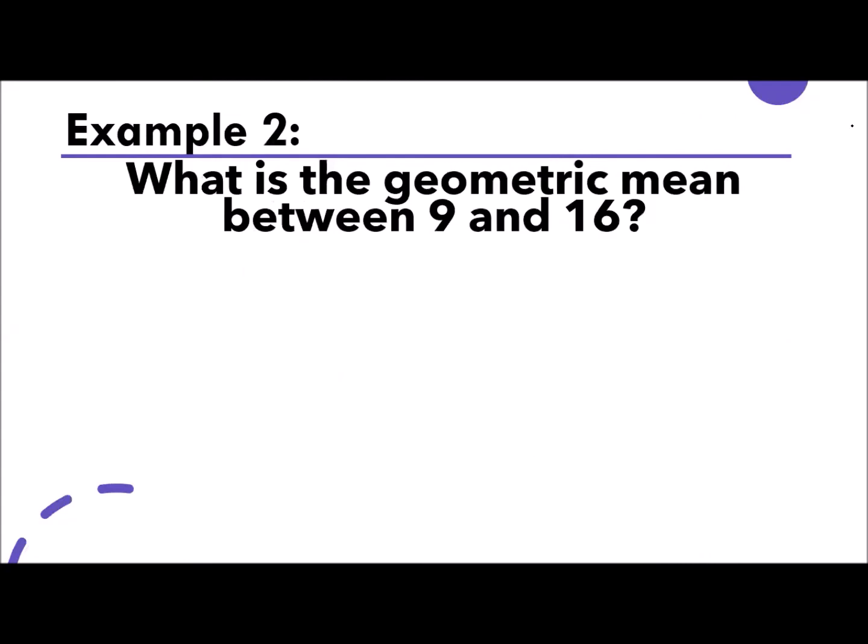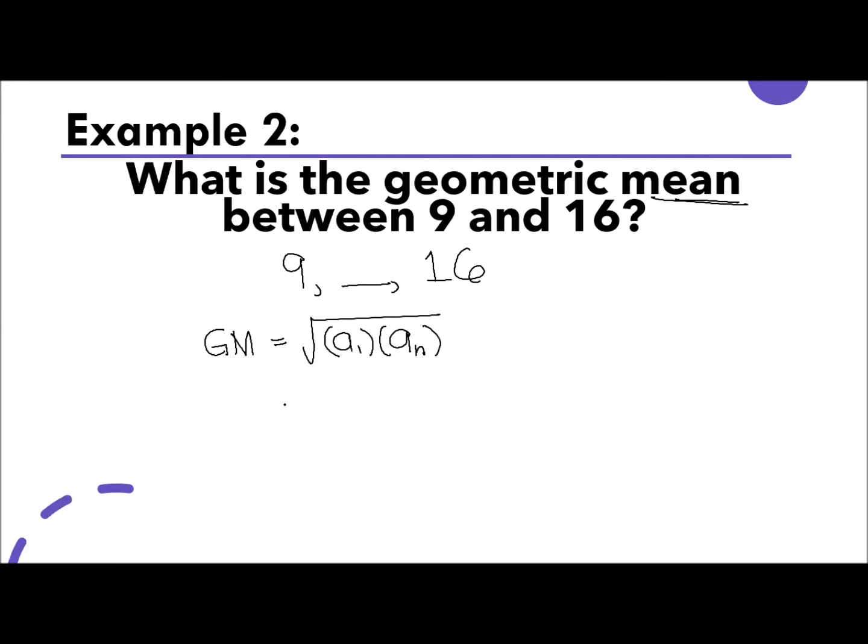Next example. What is the geometric mean between 9 and 16? So, medyo madali. Kasi mean, ilan lang yun? Isa. So, you will have 9, blank, and then 16. So, like what I've told to you before, may shortcut pagka may gitnang-gitna. Diba ang formula natin ay GM is equal to the square root of the product of the first term and